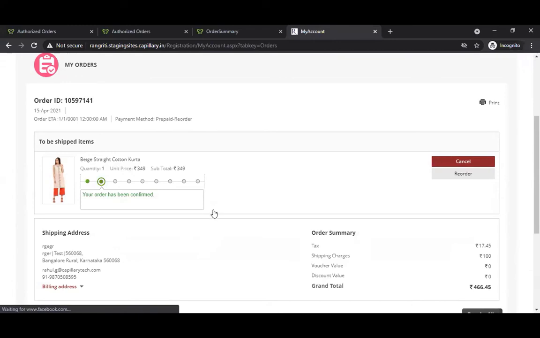So this particular order would get into on hold status once the user returns the product, the return pickup has been done, or the return has been confirmed by the warehouse or store after the QC checks. So that is something that is configurable in the backend. But overall, a user will be able to raise a replacement request just once against the order. So that is another thing that we have